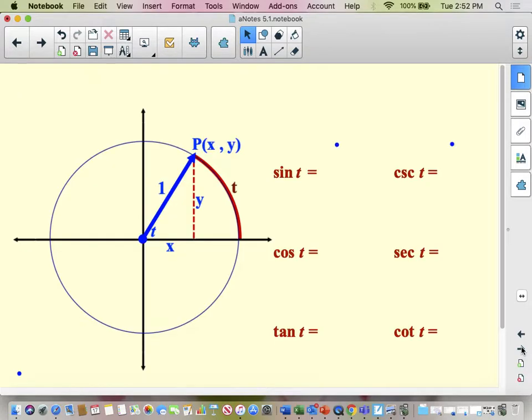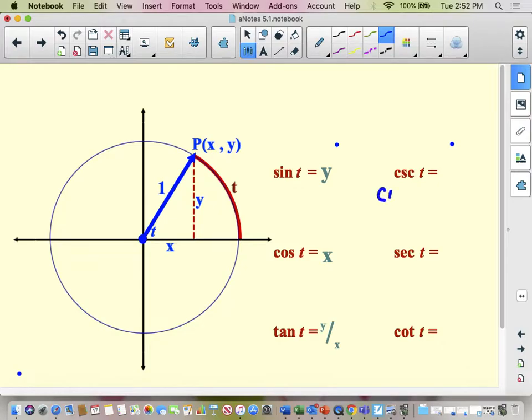circle. So if you don't recall, we've already covered the sine, cosine, and tangent ratios. So you know that your sine on the unit circle, your sine of any angle is equal to the y-coordinate. Cosine of any angle is your x-coordinate, and the tangent is your y divided by your x. Okay, now